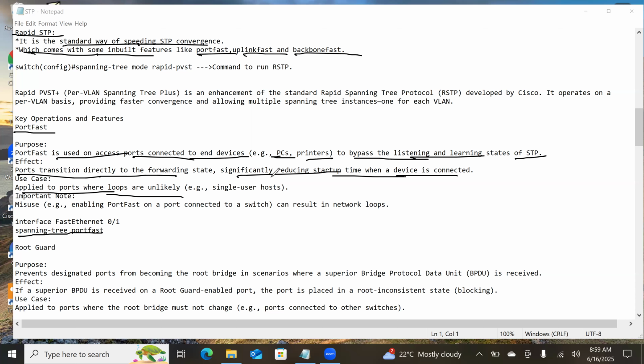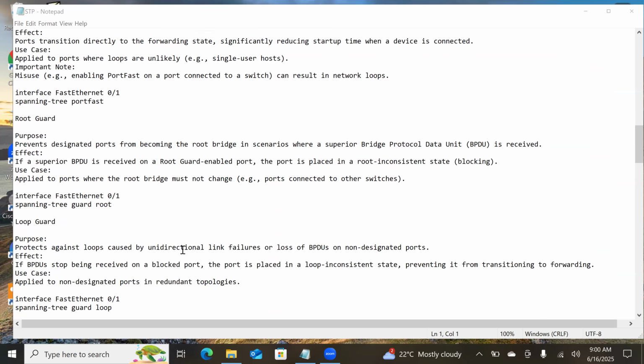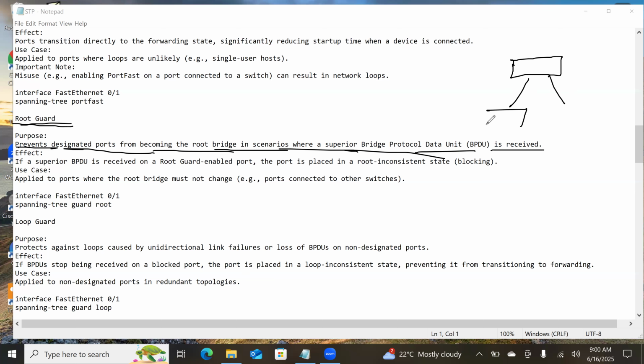Next we have root guard. These are the different features of STP. The name itself tells you what it does. It is going to guard the root port, or a designated port, I can say. It prevents the designated ports from becoming the root bridge in scenarios where a superior bridge ID BPDU is received. Let's suppose this is a scenario where dynamically one switch is elected as a root